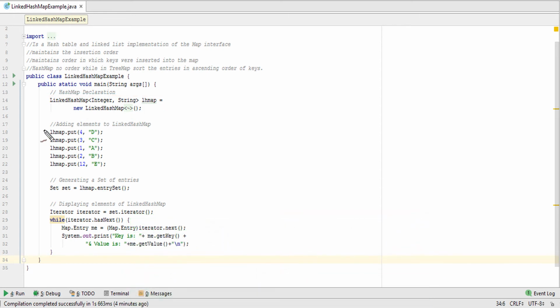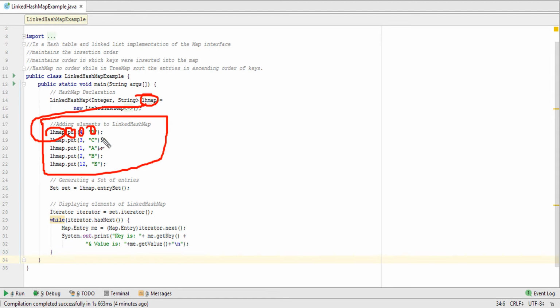After that, these are the lines by which we are inserting the values into this map object. We are using LHMAP, the LinkedHashMap, to put the value for D with the key as 4.